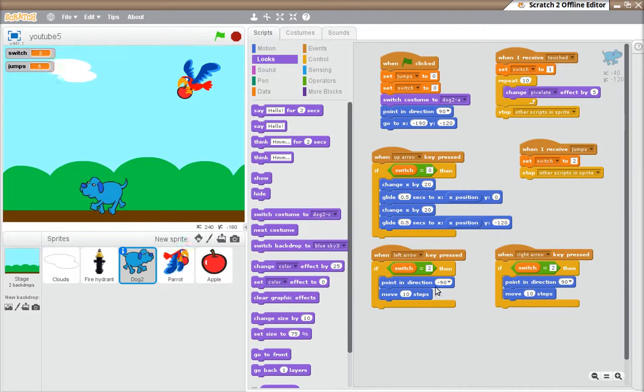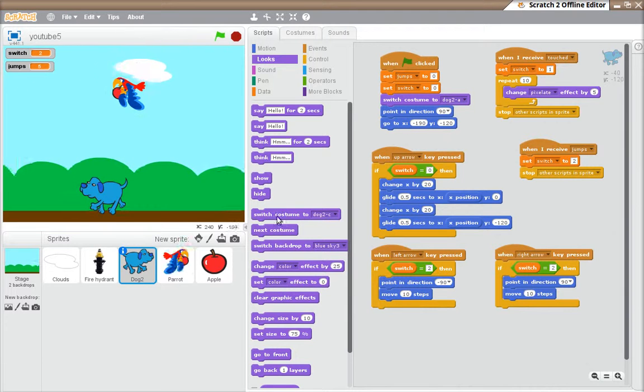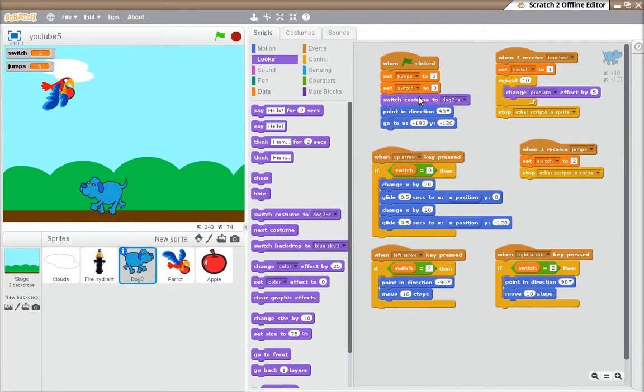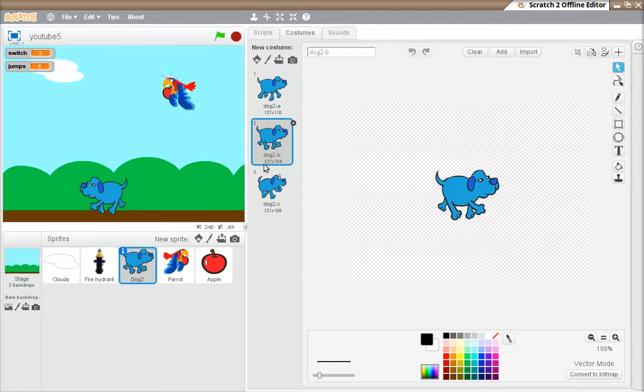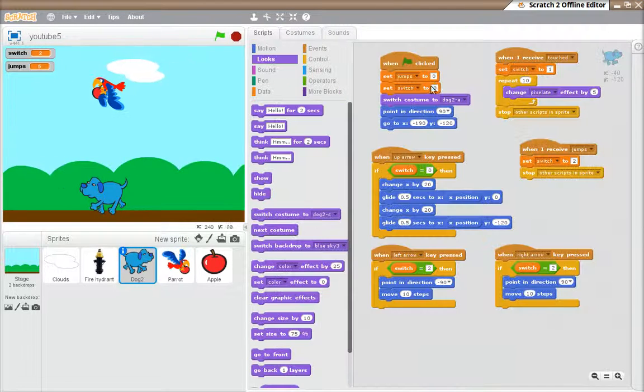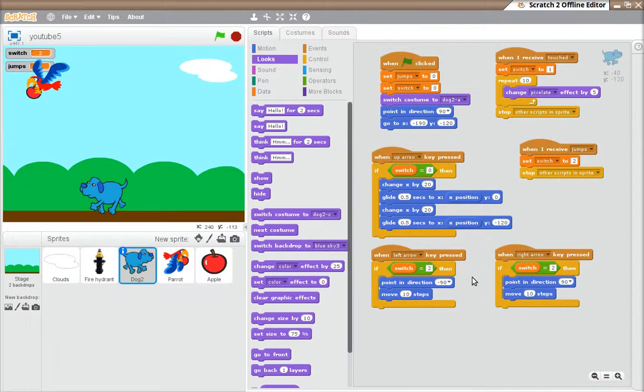So down here we want to swap costumes. The first thing we do, just to make sure we don't forget, and I've done it already, is I want to start, so at the beginning when you run, you want to start with the first dog. We could start with the second, it doesn't matter, but anyway, that's what we start with. Now, having said that, we want to